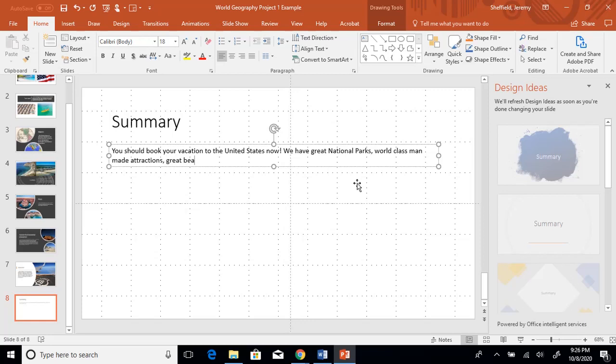Great beachfronts. Let's keep it to the rule of 3. We have